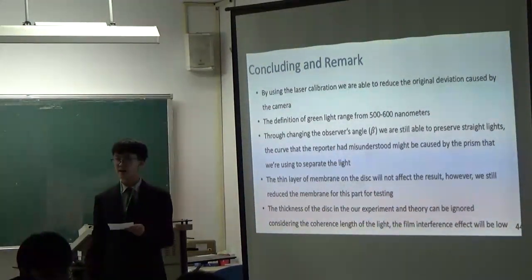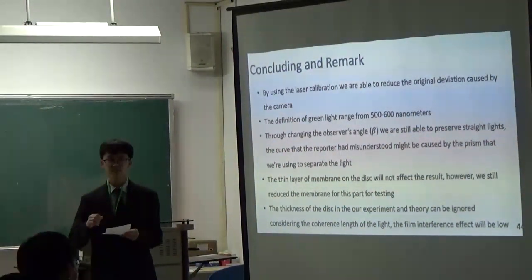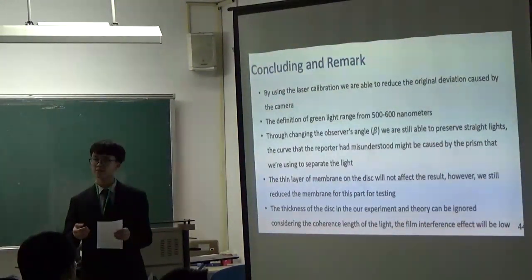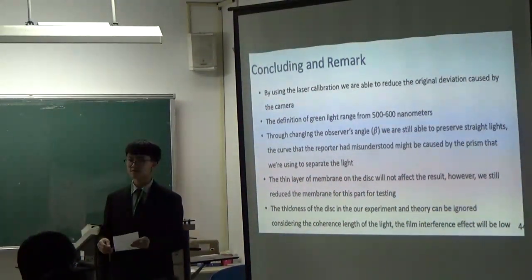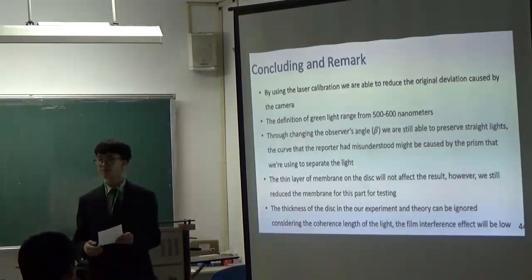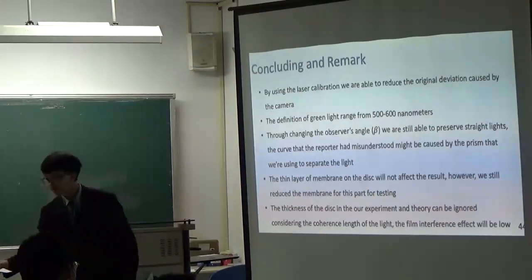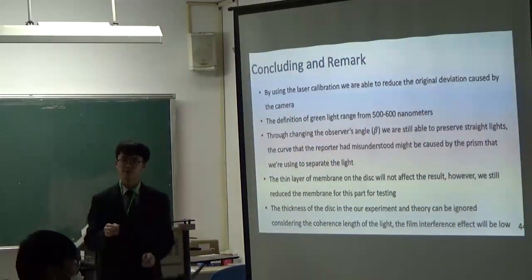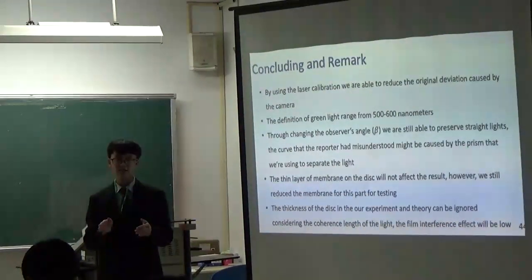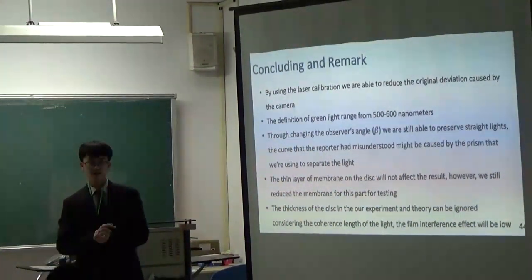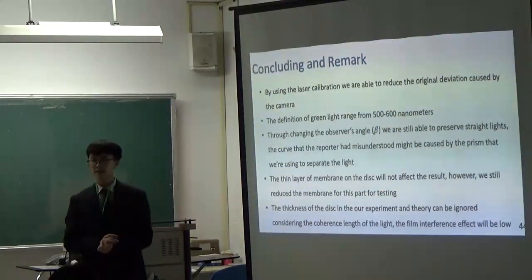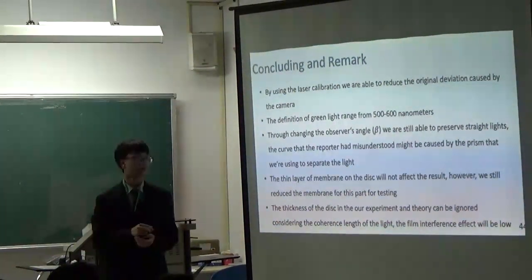And for the CIE axis, the chromaticity diagram I just mentioned, the calculation of that algorithm is so complicated that we don't need to focus on how we get the dominant wavelengths. For the theory line, we believe that we have shown that the wave path difference is equal to the distance between paths times cosine alpha, cosine beta, divided by an integer. So this is the formation of the theory line.